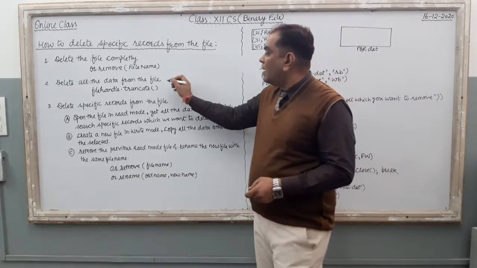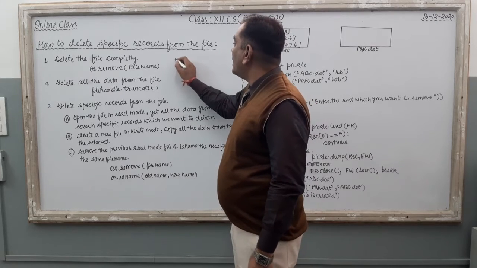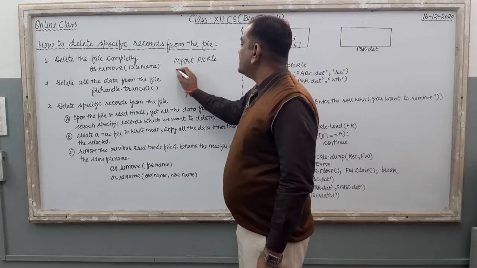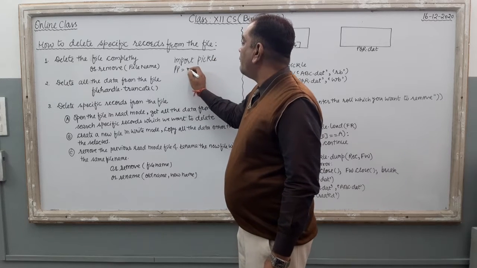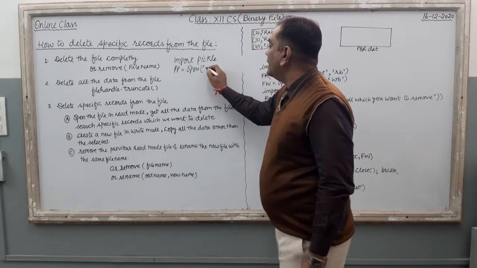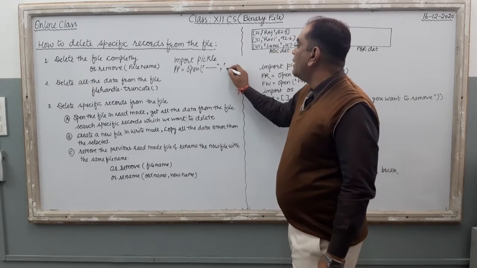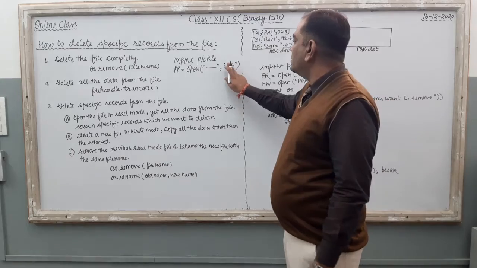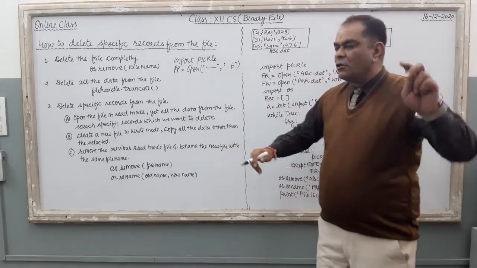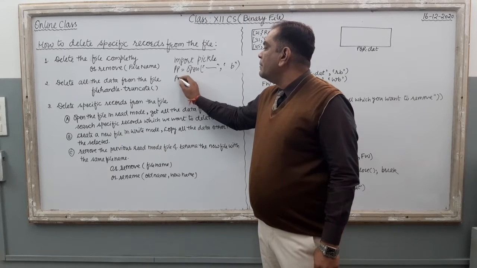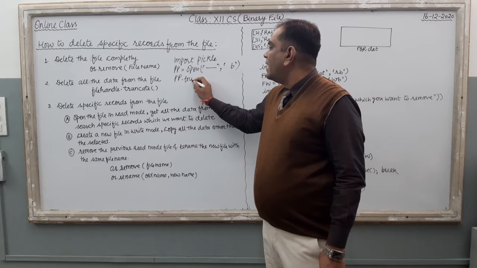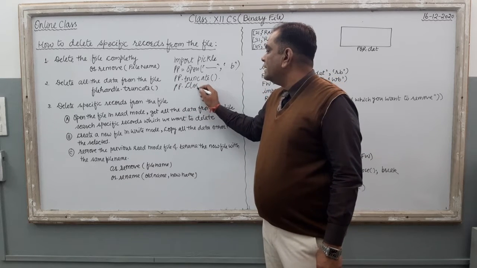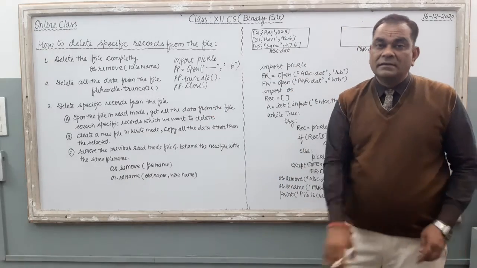So just see what the program related to the second concept is. Very first you have to import pickle. Clear? Now the second step, you have to open a file in the file handle. Open and then here is your file name, and then you take rb, read binary mode. Done. Or you can use wb also. WB or RB, it's up to you. Now just see here, I am using pp.truncate and then pp.close. By this, we remove the data that is inside the file.